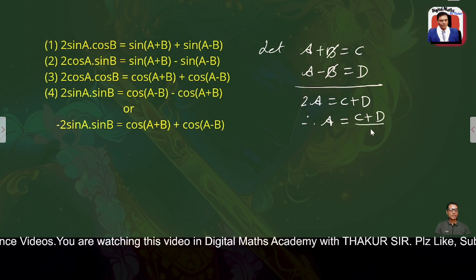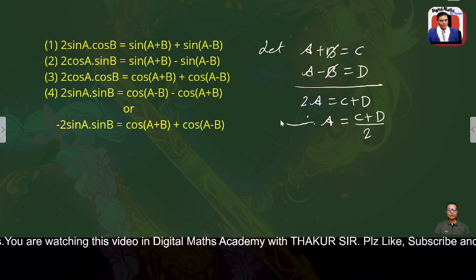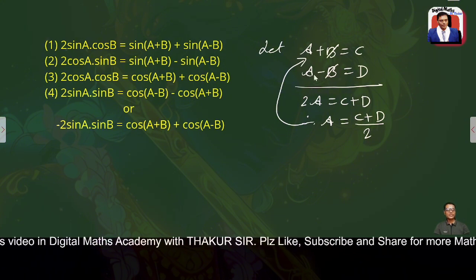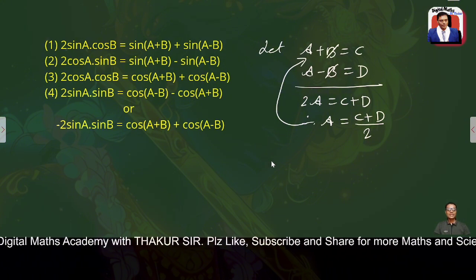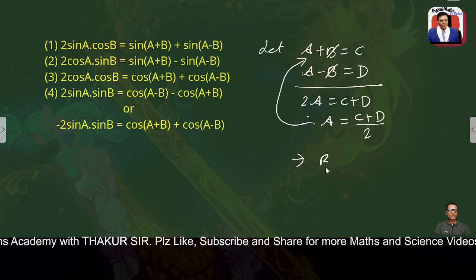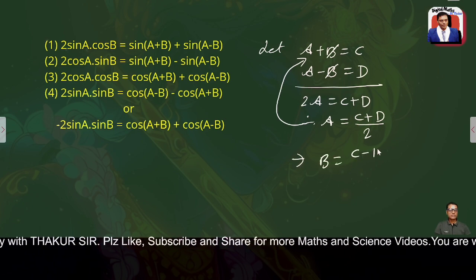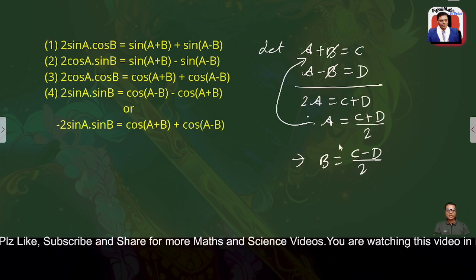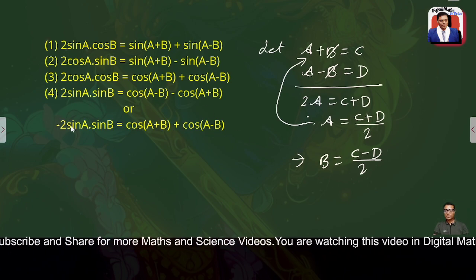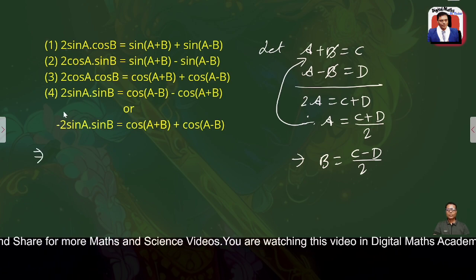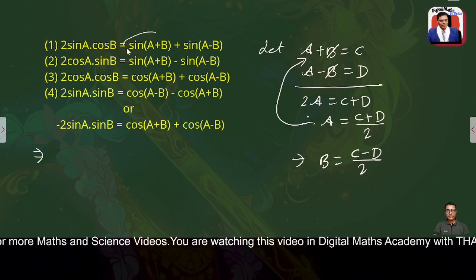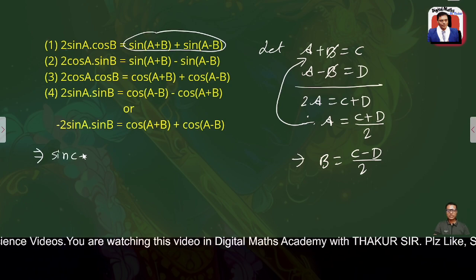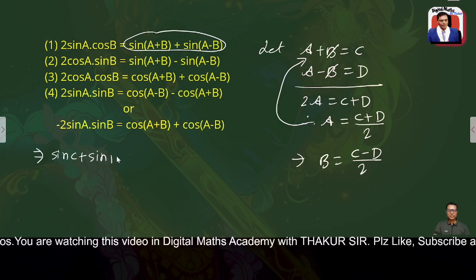by 2. Likewise, when you put the value of A in A plus B equals C, or if we subtract A minus B from A plus B, we can easily get the value of B as C minus D by 2, right? So when we replace the values of A and B, A plus B as C and D, we can get some more four formulae, that is sine A plus B plus sine A minus B becomes sine C plus sine D